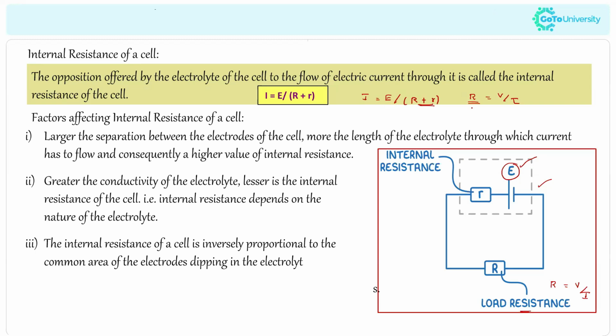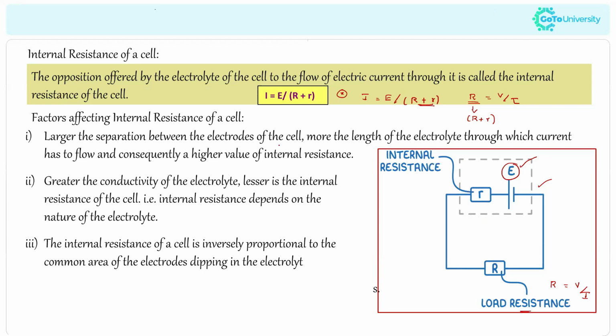But here, in the case of R, we are adding just two resistors: the load resistance and the internal resistance. So keep this in mind, and make sure in the given question whether the provided battery has internal resistance or not. If they mention that the device connected in the circuit has less internal resistance, there is no need to worry. But if it is mentioned that the device has an internal resistance, then when you are calculating the total resistance of a circuit, you have to consider the internal resistance as well.